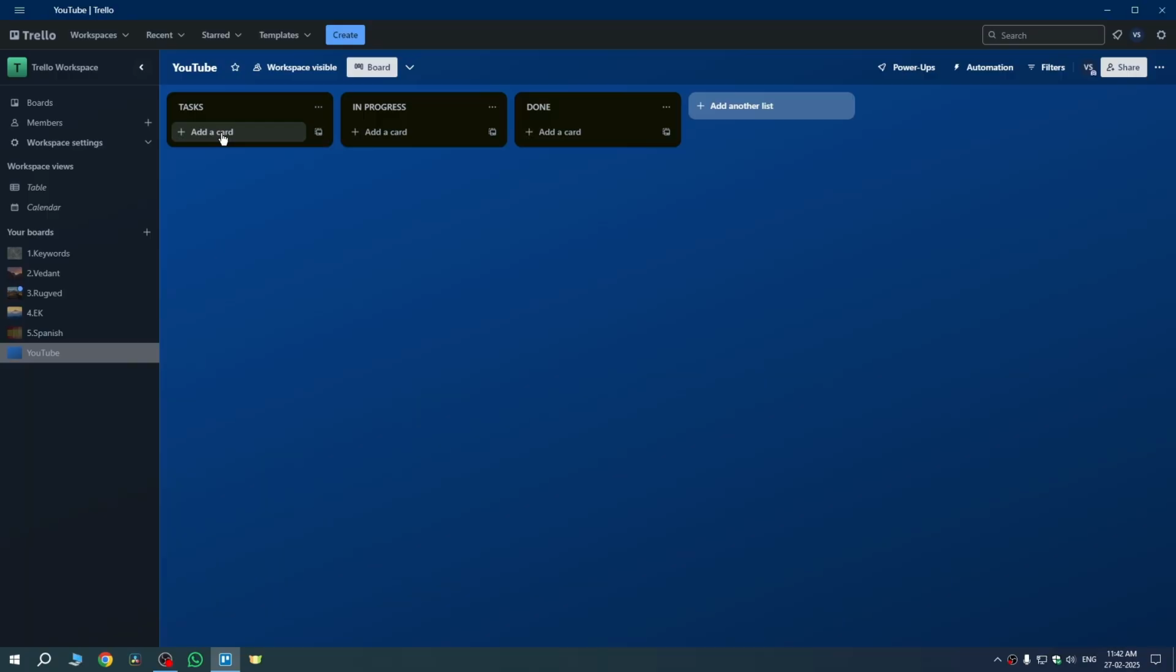Then here in the task we can add cards, like I want to type here create thumbnail. Then the second task or the second card I want to add here is make video. Third is going to be edit video. Now here you can see I have splitted my procedure of making the video into three parts,